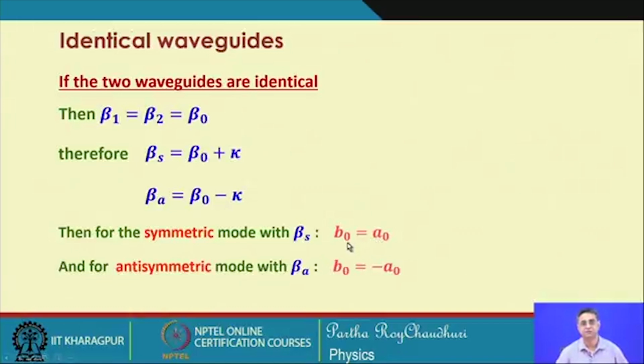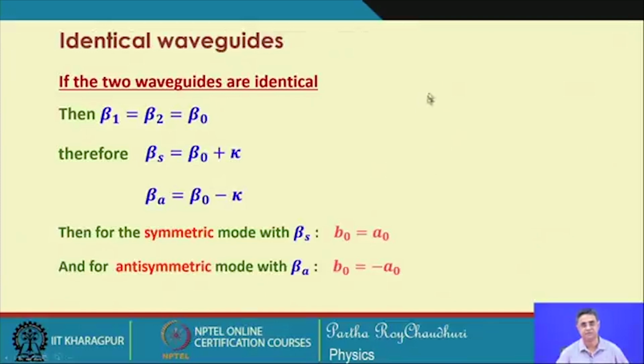It is very interesting to see that this B 0 is the amplitude of the field in waveguide 2, and A 0 is the field in waveguide 1. So, they are now identical and of the same phase. That is why in a symmetric mode both of them have the same amplitude distribution as well as the same phase,